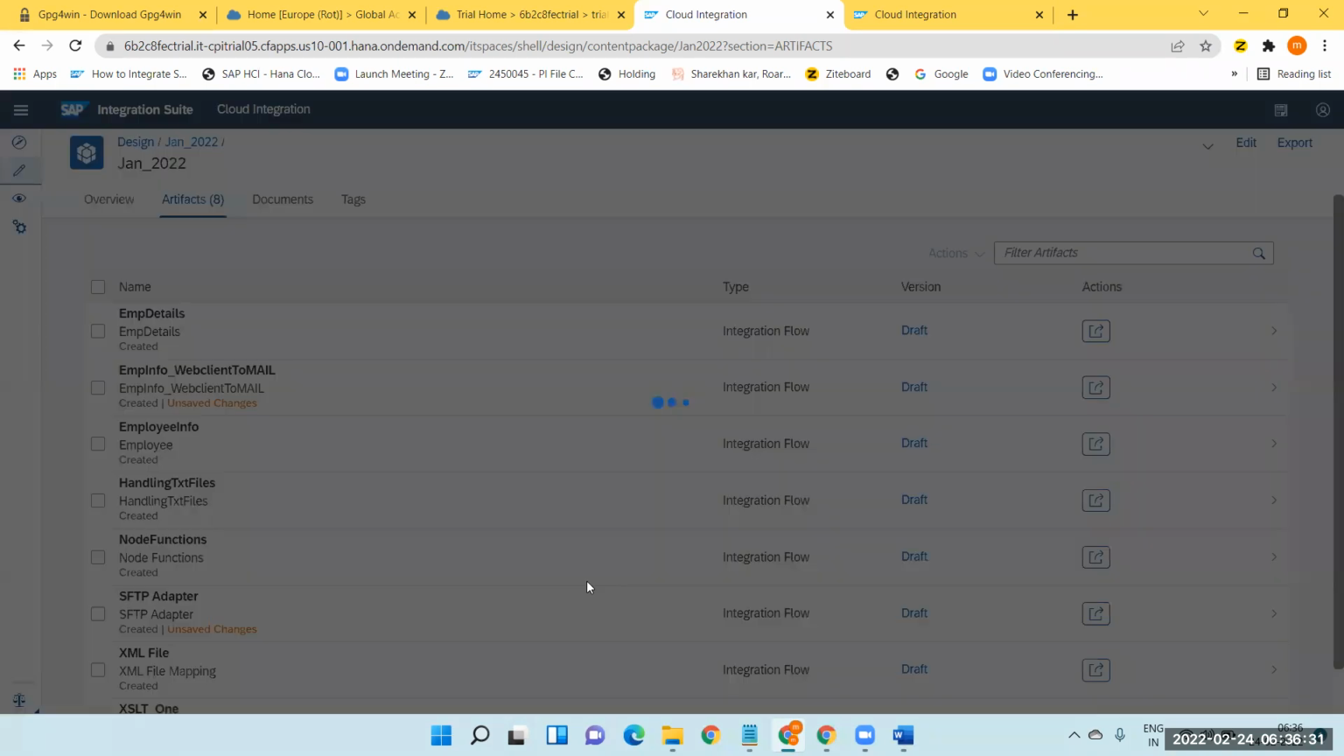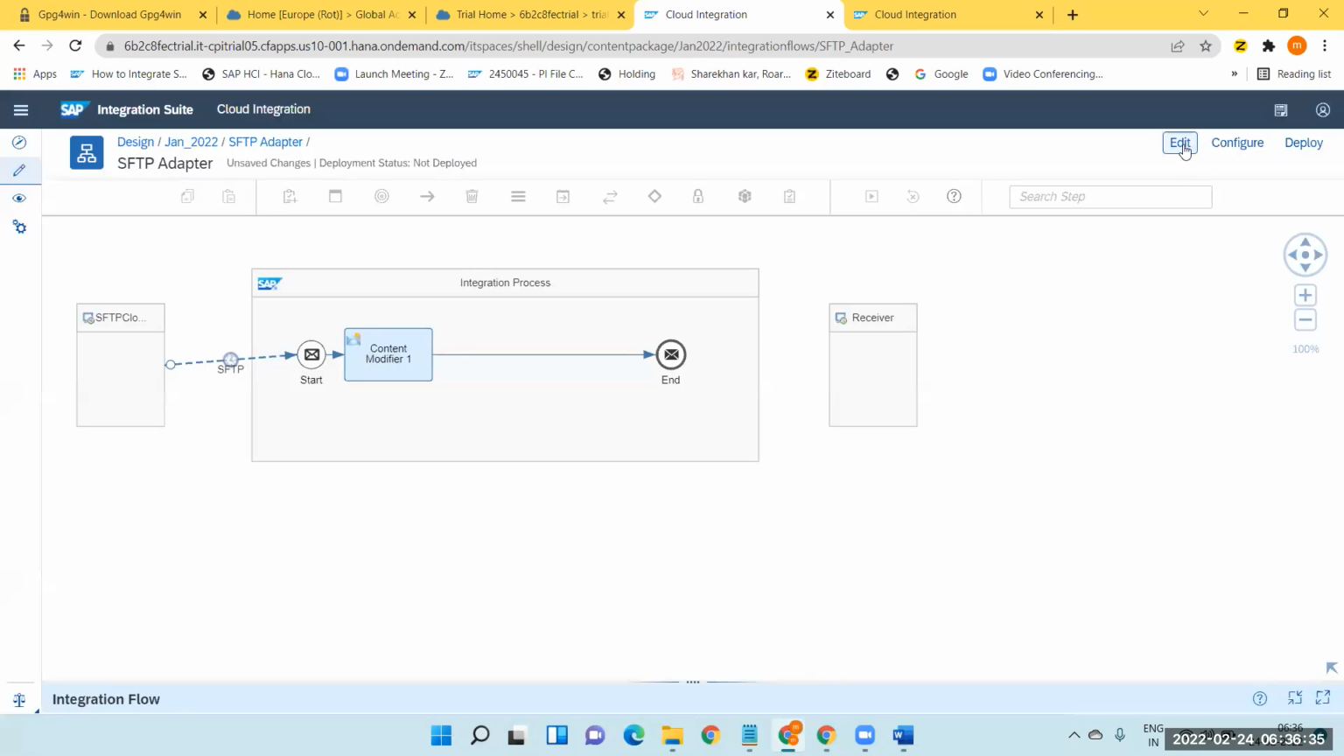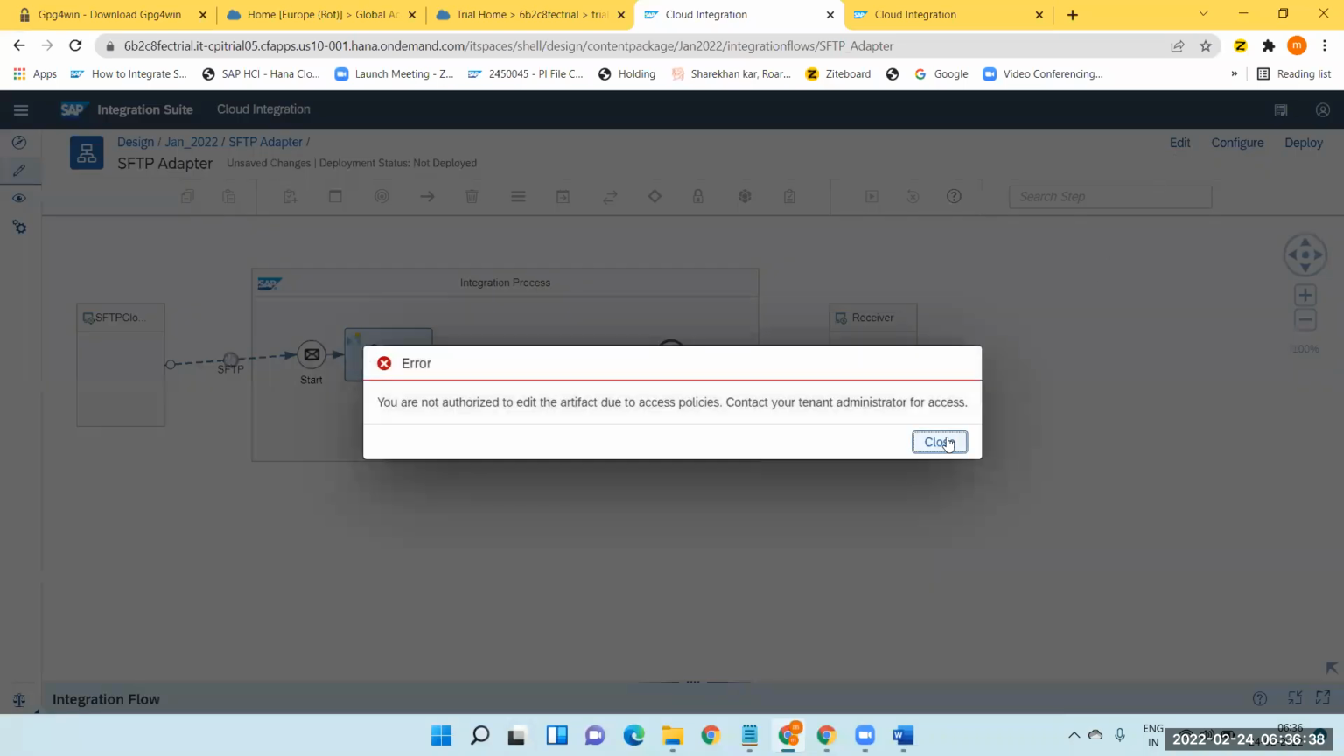Or we already created the corresponding SFTP adapter here, right? If you go to the SFTP adapter here,